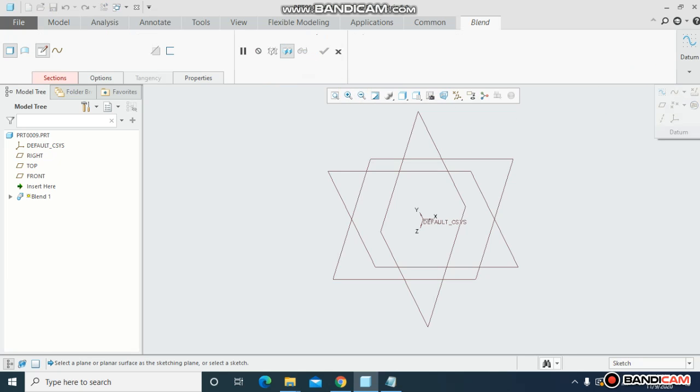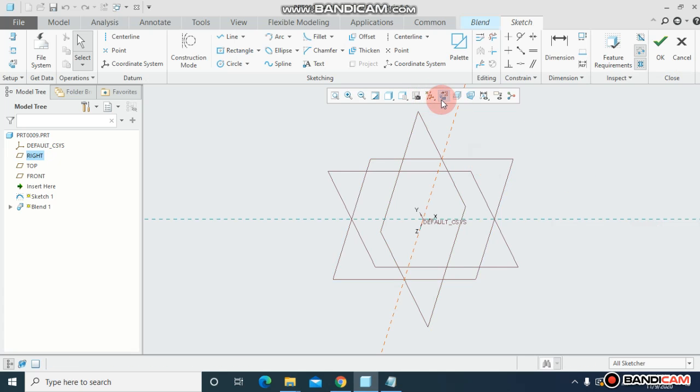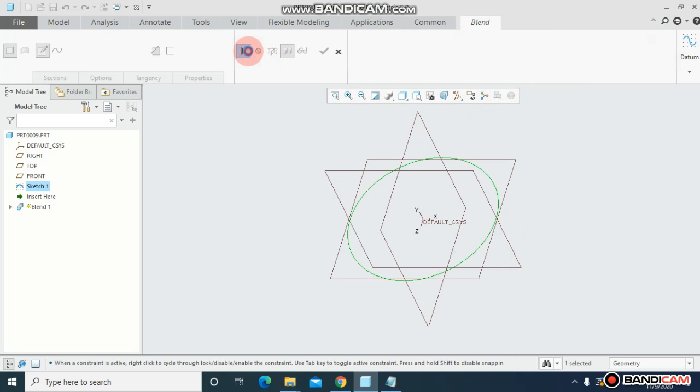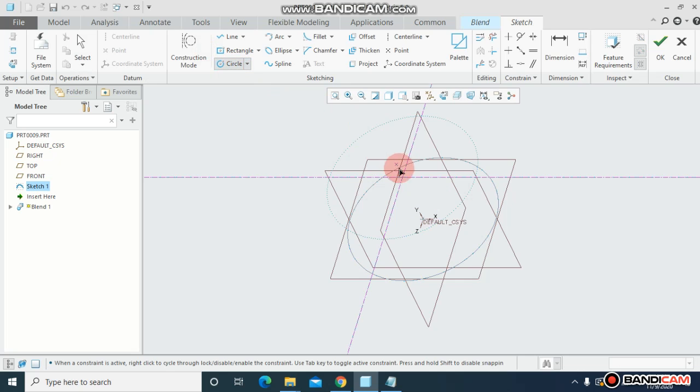So just click on plane, here come to sketch, and I'm going to select this plane as a datum, and this time I will draw a circle and just click OK. Now it asks me at how much distance you want to draw the second profile, so I'm giving it 300 and just this time